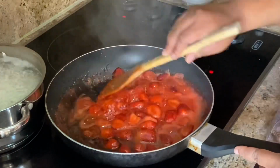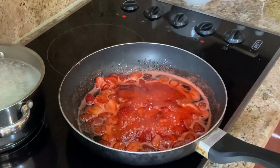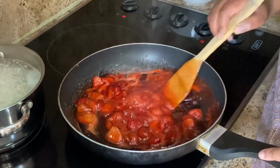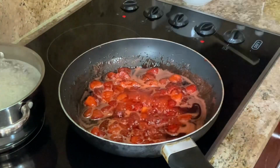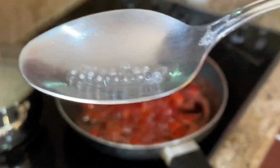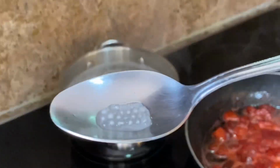So the strawberries are cooking down. When I do that line there, I needed it to be at least slightly thicker than that, so I'm going to let it cook even further. That's my sago. It's boiling. I think it's ready. I'm going to switch off the stove and leave it,